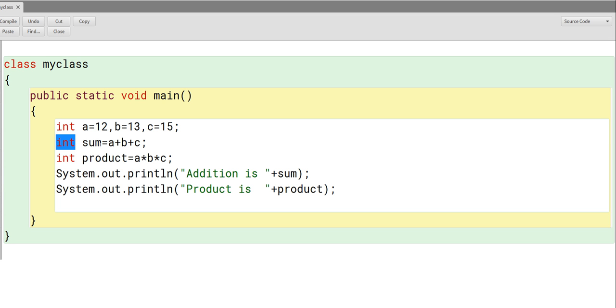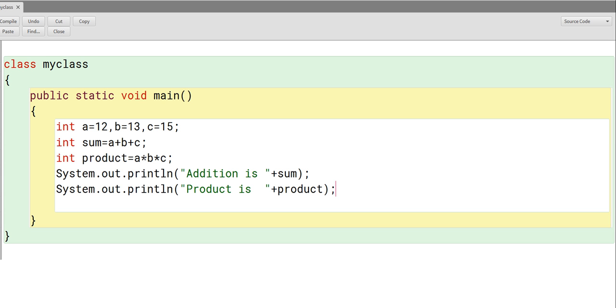So the data type and the name, and whatever name you have declared here, the same name you have to use when you are going to print this variable, or you want to use this variable somewhere else for further processing. So take care of the name and the data type for all variables. This is a very common mistake that students make. They declare the variable with one name, and at the time of processing or printing they use a different name. So then your program will be incorrect and you will get an error. So take care of what name and what data type you have used.